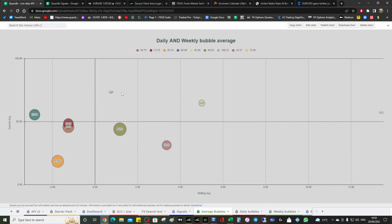So the video today is going to be looking at dollar crosses, and we're going to look at some supports from a technical perspective and have a look at the ratios. So if they go long on dollar, then it's going to sell off. Okay, so I think it's going to come up here. I could be wrong, but we'll wait and see. And I think it's going to gravitate up. So let's look at some